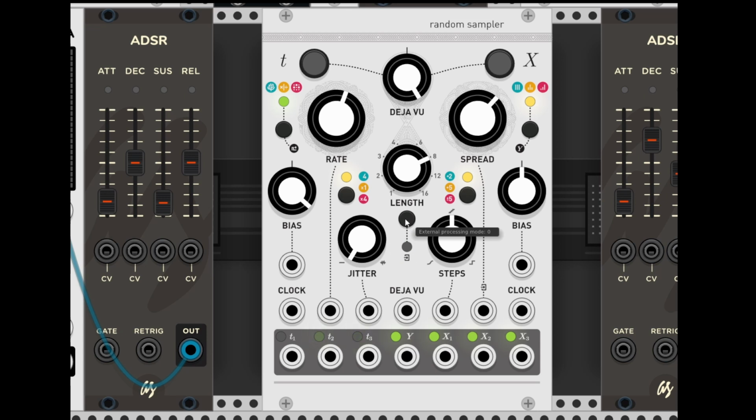All right, so in the time domain, so on the left side here, rate, jitter, bias, and these two groups of buttons and LEDs. In the time domain, the output T1 below here puts out a basic sequence of gates. Let me show this by simply,